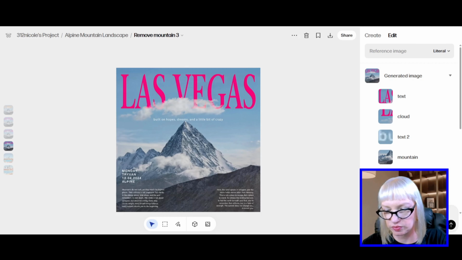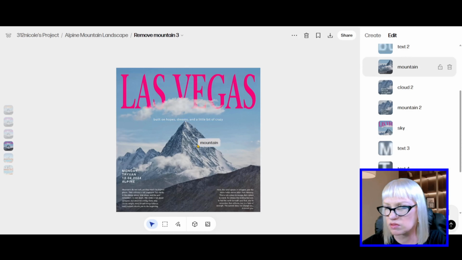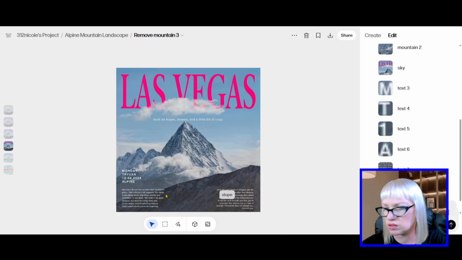please remove all mountains, cloud 2. Well, this is text 2. What do you call it, buddy? Okay, text 3. Text 3. 3, 4, 5,